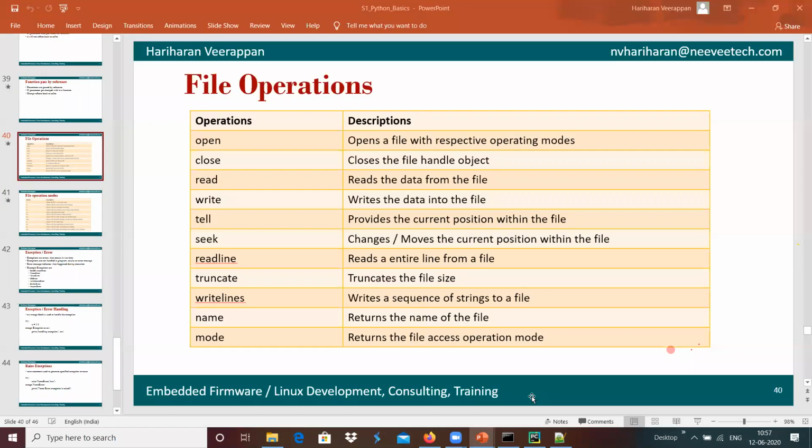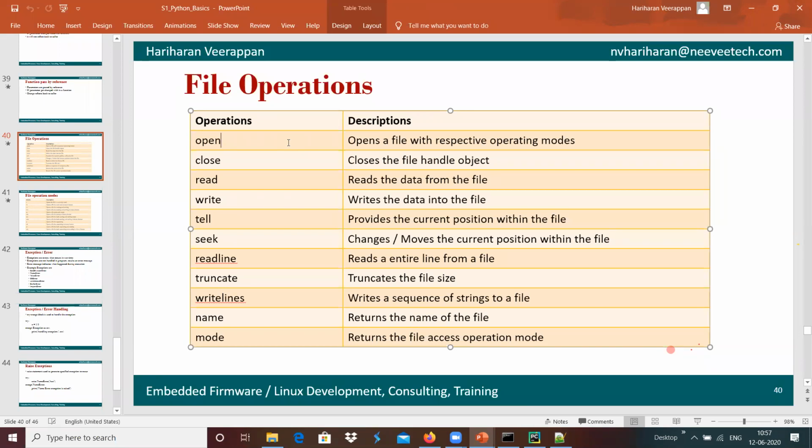We will see what the different operations are that can be done on files. We can open the file, close the file, read from the file, and write into the file. We have tell, the function which provides the current position within the file, and seek, which means we can change or move the current position within the file.